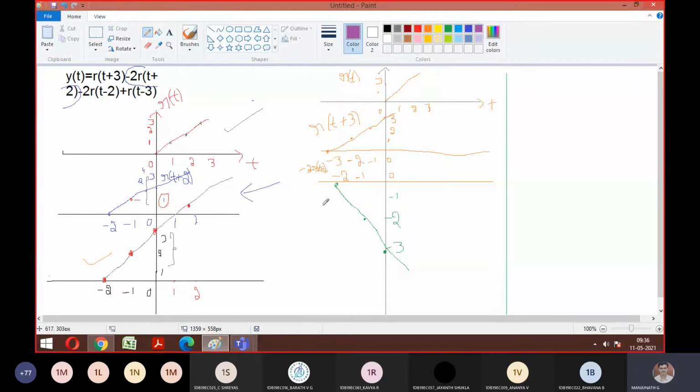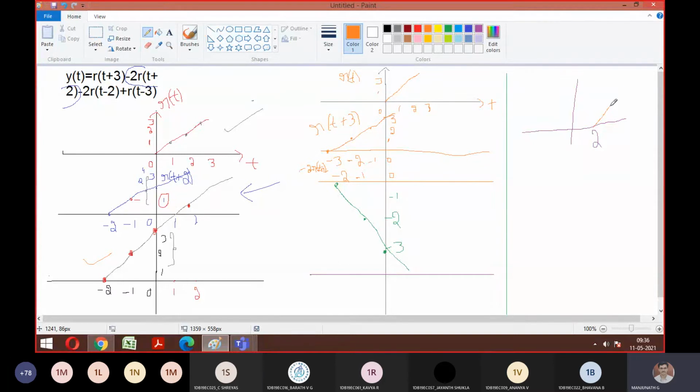So similarly, can we plot the third category? Again, I want minus, which means it will come downward only. So let's give some space. Let's try to plot t minus 2. Assume that t minus 2, I'll write roughly here. So t minus 2 means it will come with a delay of 2. So the signal will go from here, 2, then continuous. Okay? So it means for 2 it is 0, for 3 it is 1, for 4 it is 2, for 5 it is 3, and so on.